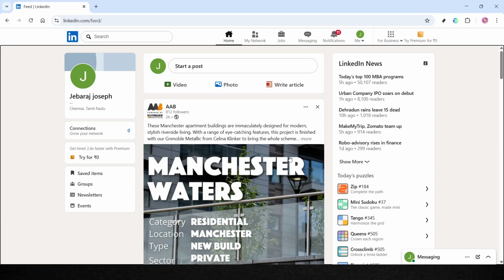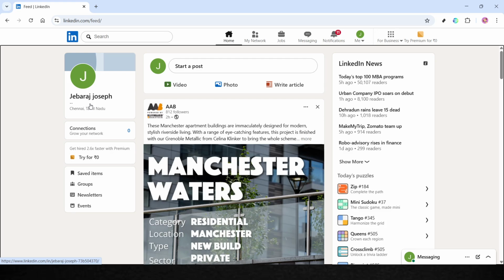Be sure to use the credentials associated with your LinkedIn account so that you can access all your professional information and connections seamlessly. If you've enabled two-factor authentication, LinkedIn may prompt you to verify your account for an added layer of security. This means you'll receive a code sent to your registered phone number. Enter this code in the provided field to complete your login process. This extra step is invaluable, as it ensures your account remains secure and gives you peace of mind when sharing